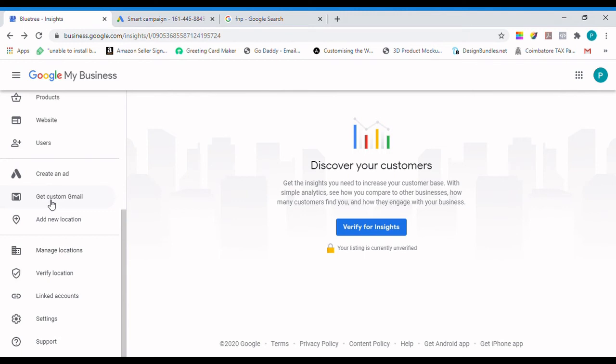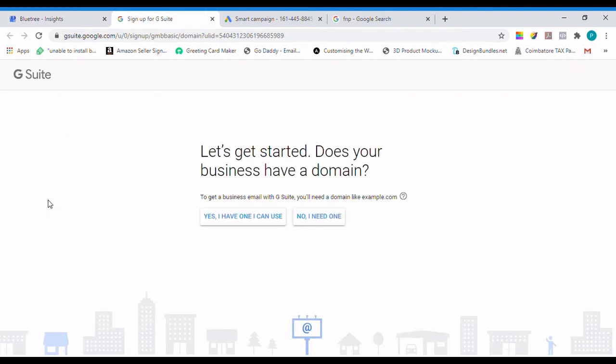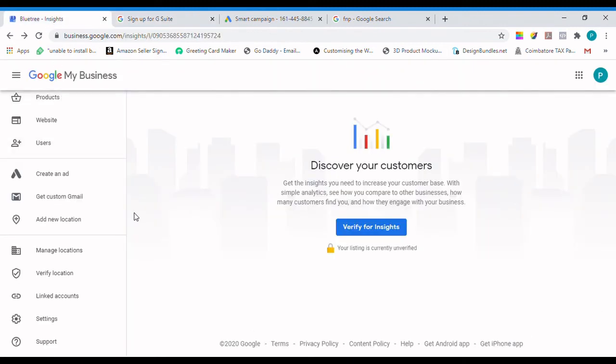Next one is get custom Gmail, which means, see, I'm using my personal Gmail account to create a business, and once the customer sends any mail, it's going to come to my personal email address. So this business is connected to a personal email address.